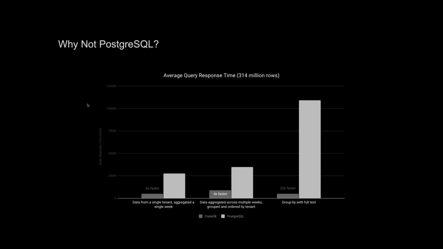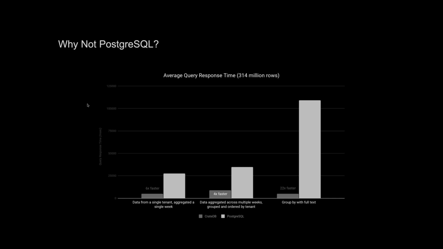With the exception of the full-text query for CrateDB, the SQL syntax was the same for both CrateDB and PostgreSQL. A JMeter harness test simulated 30 concurrent users, each connecting to the database and executing the 3 test queries in random sequence and with random query parameters. Each database executed over 4,000 queries during their respective benchmark runs. The results in this graph show the average duration in milliseconds for each query to process 314 million rows. CrateDB beats PostgreSQL quite substantially when dealing with selects, aggregations, and grouping.